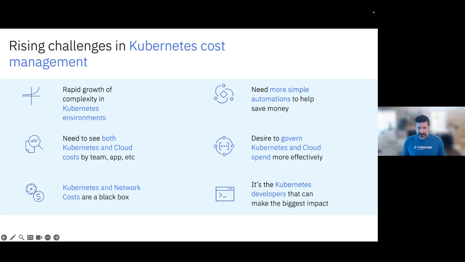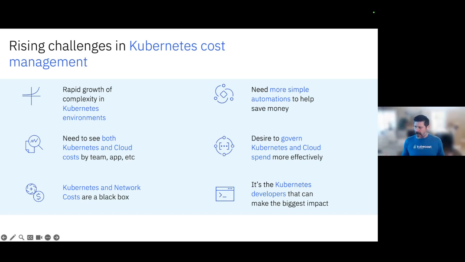As Kubernetes use has exploded over the last 5 to 10 years, so have the costs associated with it. And it's largely due to the complexity, the kind of native inherent complexity built into Kubernetes and the environments where they're leveraging Kubernetes to manage and orchestrate thousands, sometimes hundreds of thousands or even millions of containers. There is a need for teams to be able to see